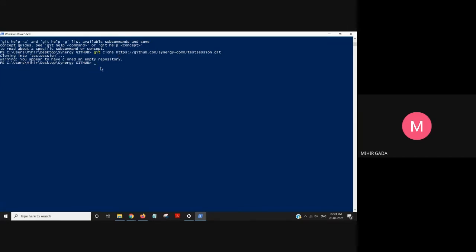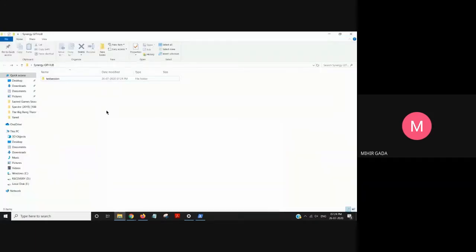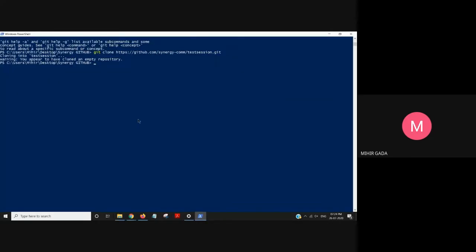You can see my folder has been created. To use any commands, I have to go into that folder, so I type cd test session. Now I am in test session and I can use my git repository.